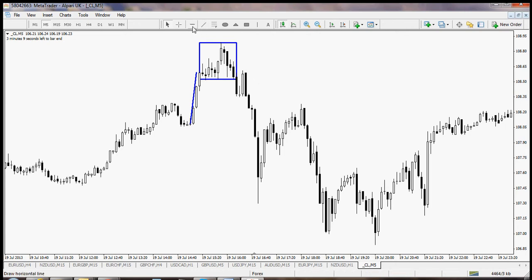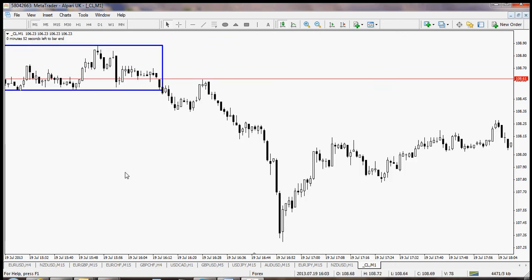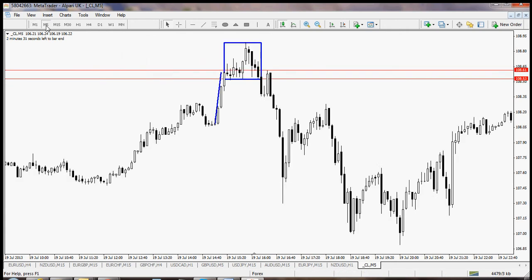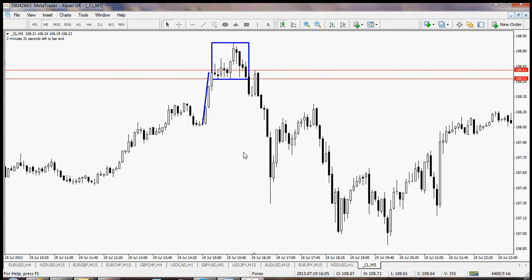So what I'm going to do is stick in a line at the top of that, and there's an area in here where price was playing around before it dropped, and I wanted to find that. So I'm going to go down to the 1 minute, and I'm going to put a second red line. I usually do this with rectangles, but it's a bit messy with what I'm doing right now. And that's kind of the bottom area of where it played around before it dropped, which is like a tiny version of what we've got here. Anyway, I'll go back to 5 minute,